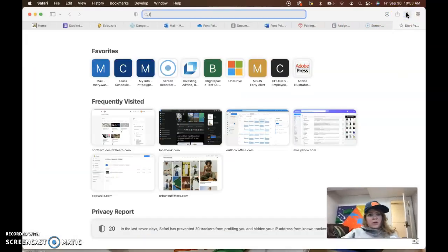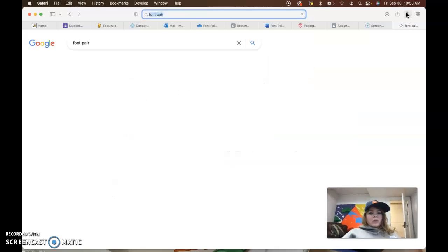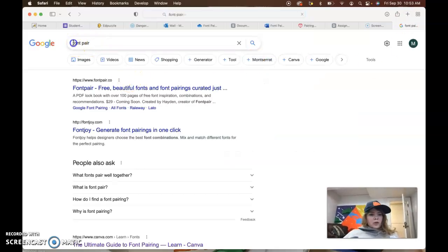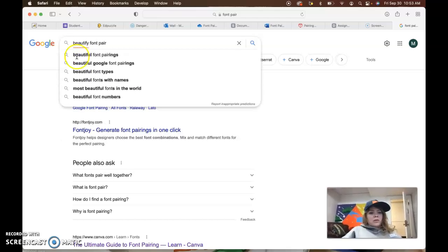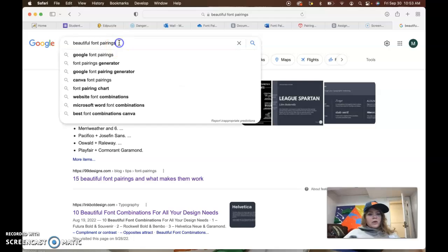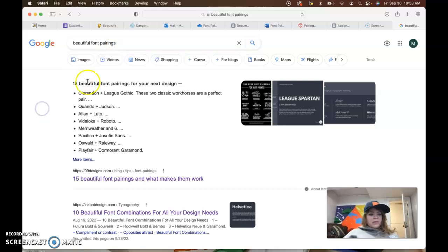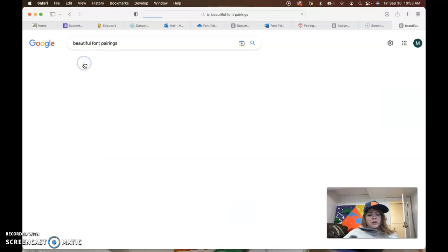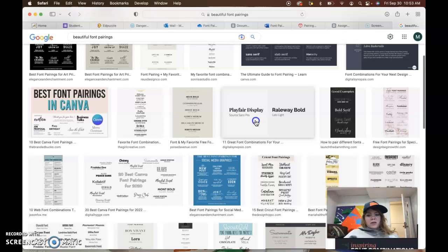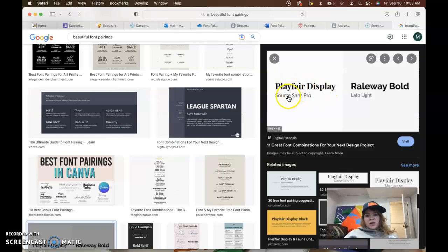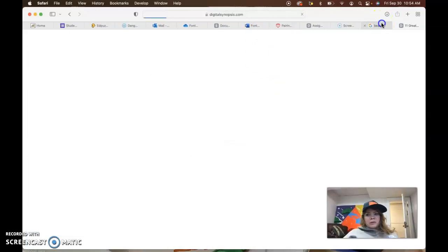So let's look for font pair examples. You could also mix up the way that you search for these. You can also go to a font pair generator if you want. Not really a huge deal, but maybe I like this one, because actually I do like this one. I think, kind of more of a bold font for headlines, larger text,